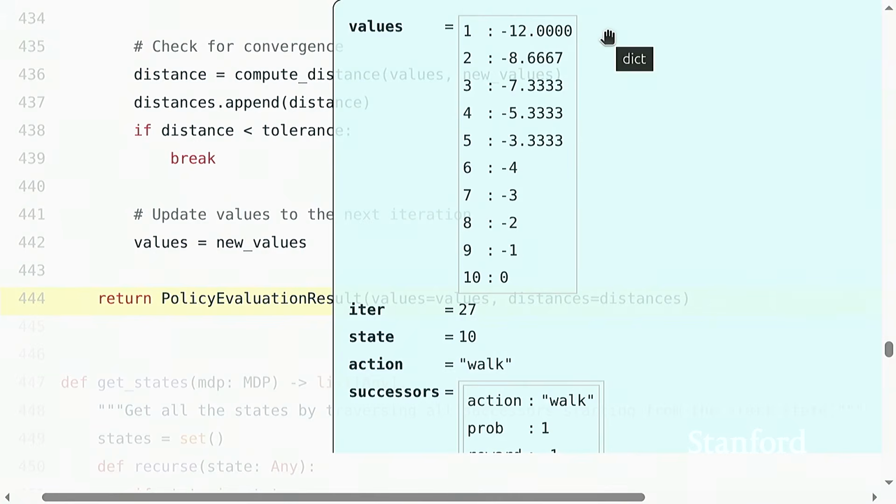So remember, what was the estimate I got from before? It was like minus 11.7 or something like that. So you see the estimate is somewhat in the ballpark, but it's not exactly right. Okay, maybe pause there. So this is policy evaluation.